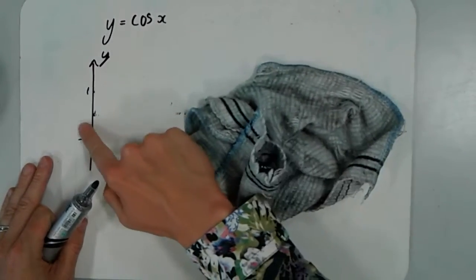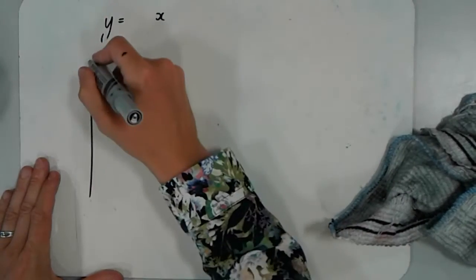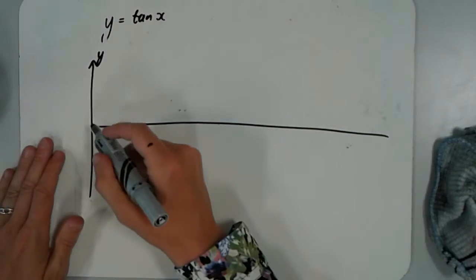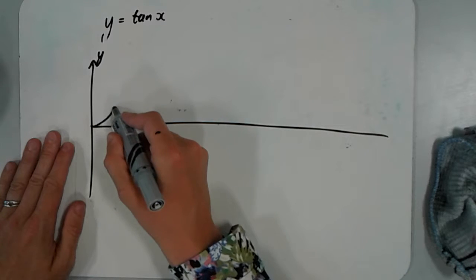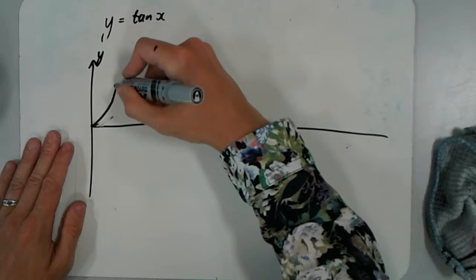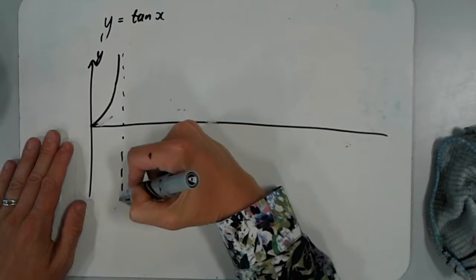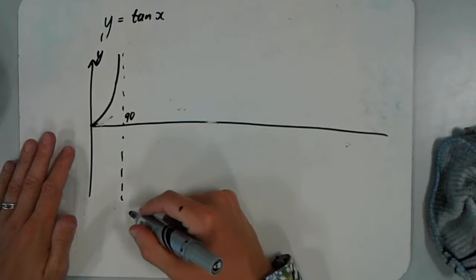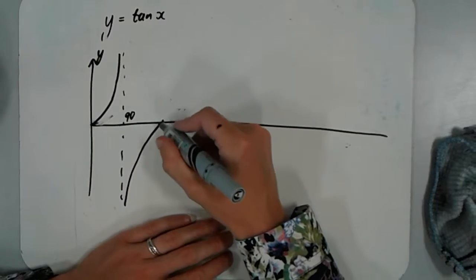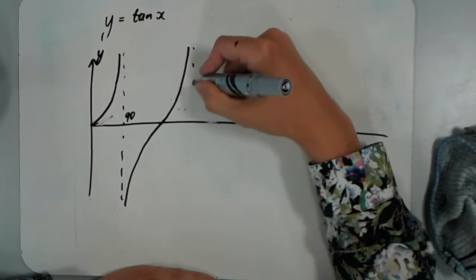And then finally, we have the graph of tan x. This is the only one which looks different. It starts off with a gradient of 1 and then increases up to an asymptote. That gradient is at 90, and then it comes from down here, passing through the x-axis until it goes on to another asymptote,